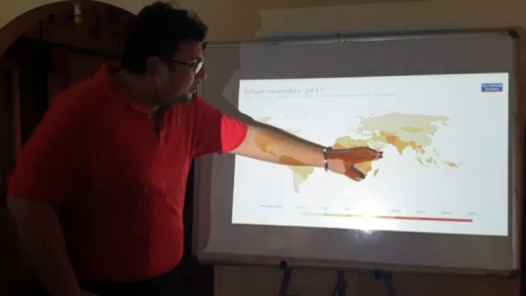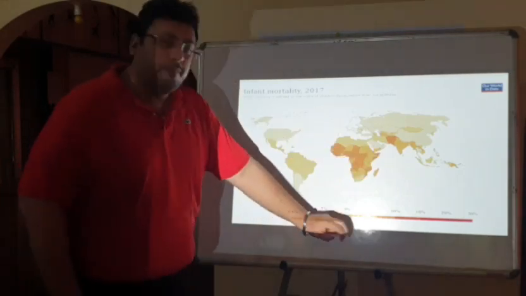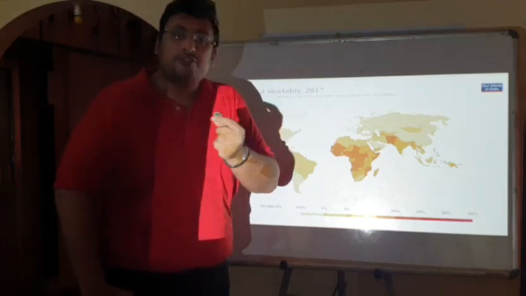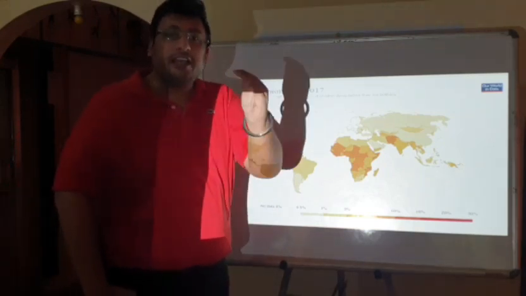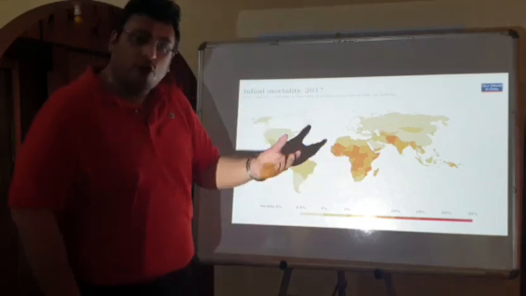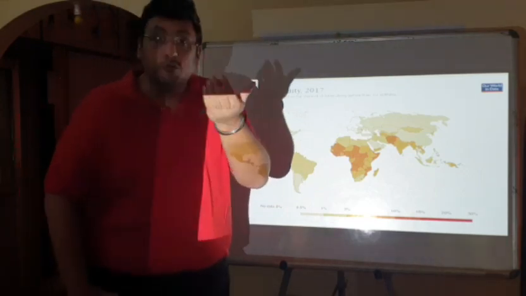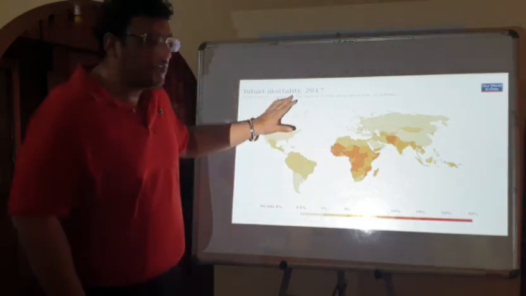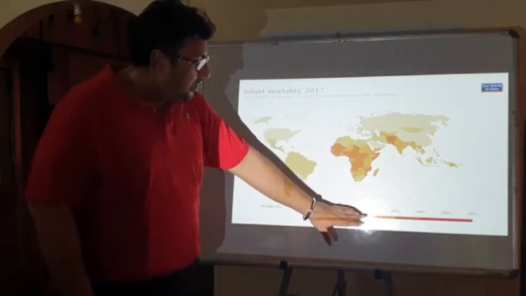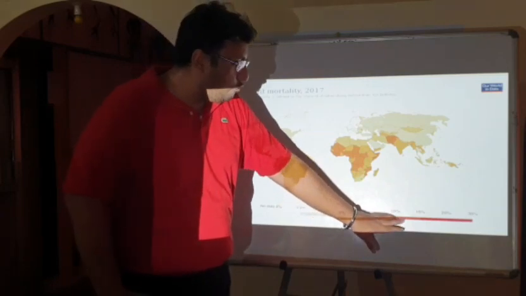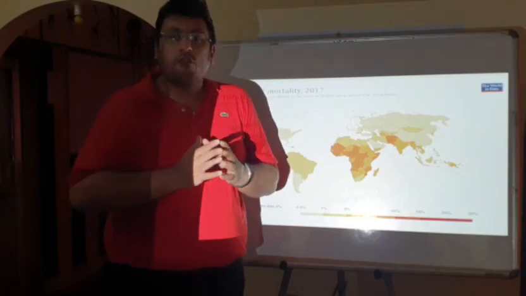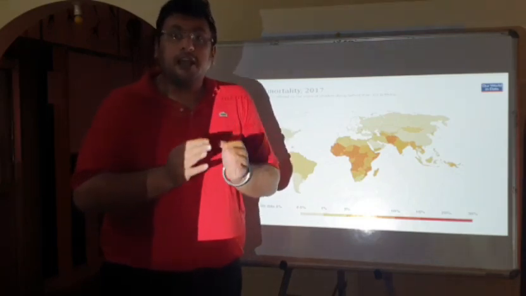Whereas if you move to India, you will see it is at 3%. That means 3% out of 1,000 children die in India at the age of less than 1 year. If we move to African countries, which we all know are poor as per capita income, here also as infant mortality rate, we will see that the death rate of infants is 5% to 10%. That means out of 1,000 small babies less than 1 year old, 5 to 10% babies die.